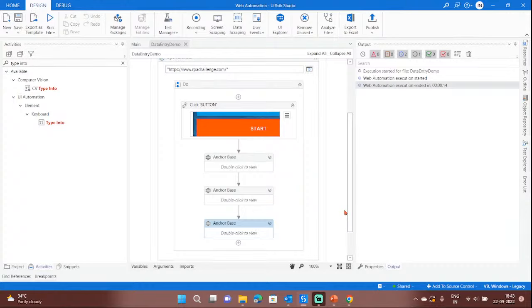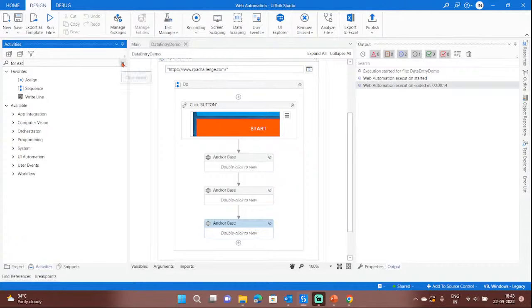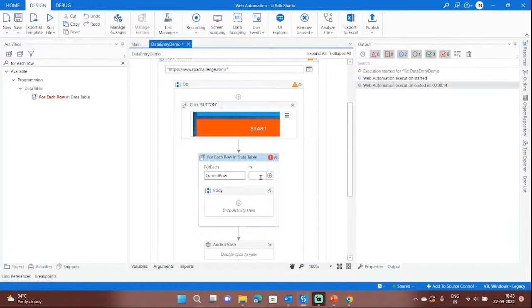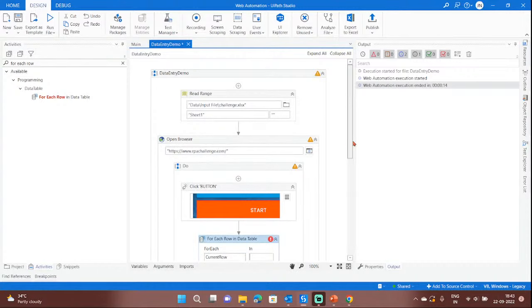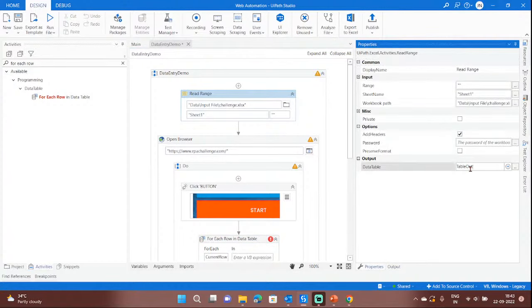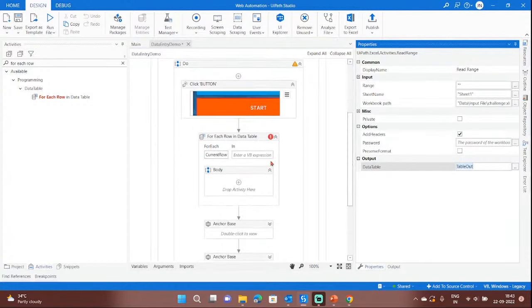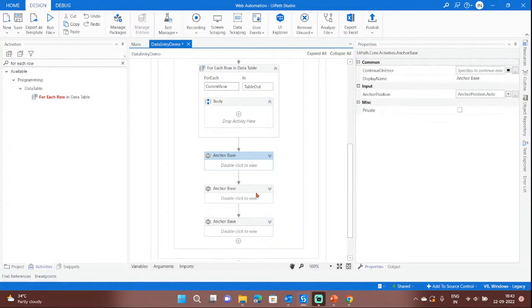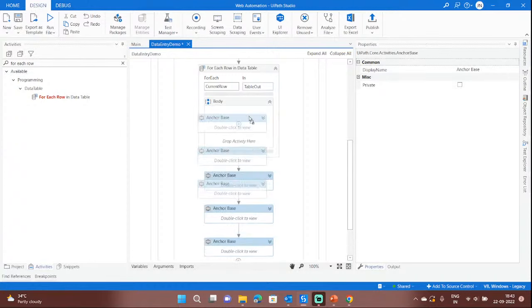Within this body, we have to use one incremental variable. But here we have an activity called For Each Row in Data Table. You can simply drag and drop that activity and pass the variable that we created in the initial step, a variable called table out. In the initial step, you can directly pass that variable. You can drag and drop all the activities